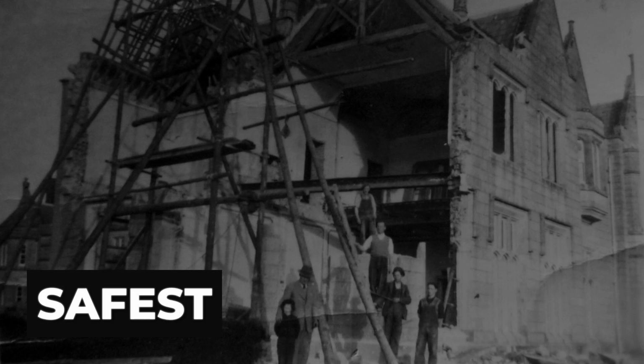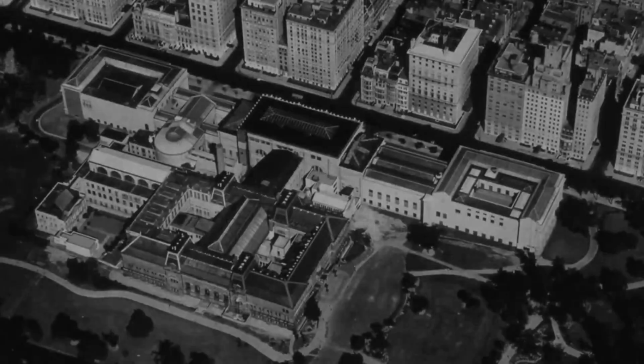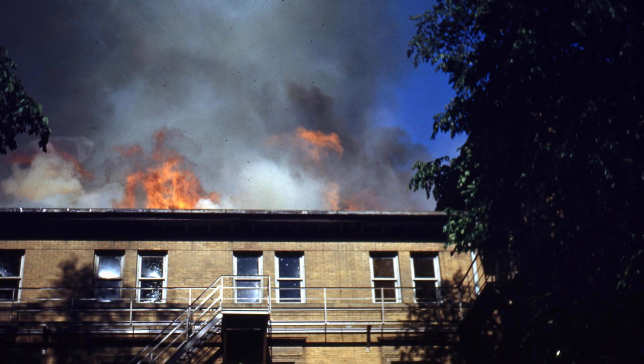If the nation's safest mansion could not survive, what did it mean for faith in progress, or the lives built atop forgotten ruins? The mystery of what really happened to America's Versailles Palace begins where logic fails and the flames